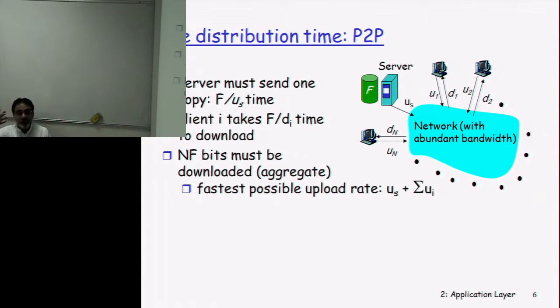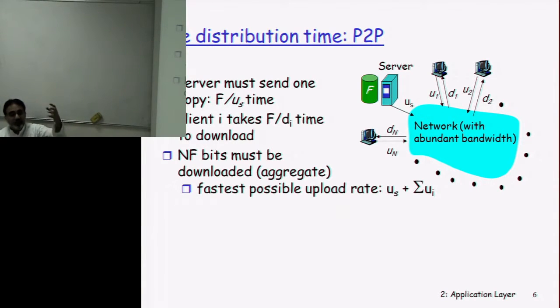Now the peers are also going to upload the copies. So the first peer will upload the copy, and it will be downloaded by the second peer. The second peer will again upload the copy, and it will be downloaded by the third peer. The third peer will upload the copy, and it will be downloaded by the fourth peer. Like this, once the server has initiated the upload